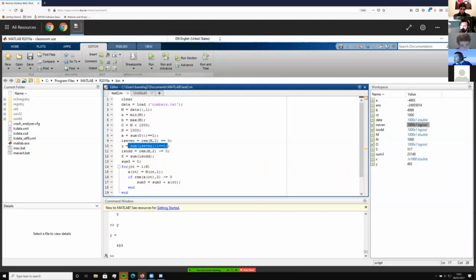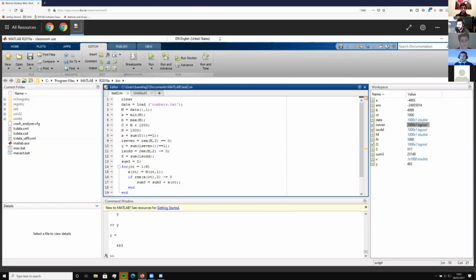What y is doing here is just getting a value of how many even numbers there are. The matrix is even makes an array of the same length as M, where if a number is even it's 1, and if it's odd it's 0.